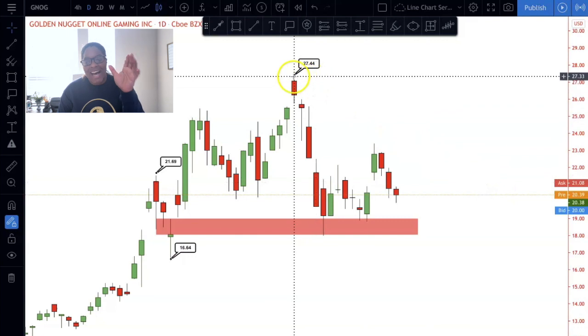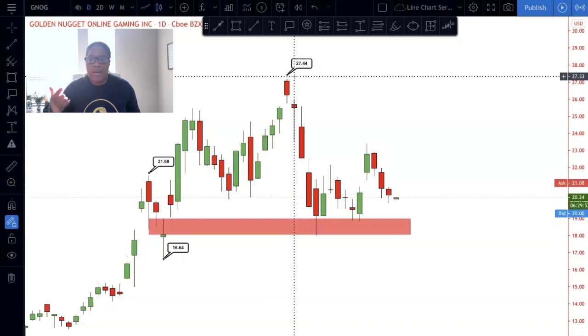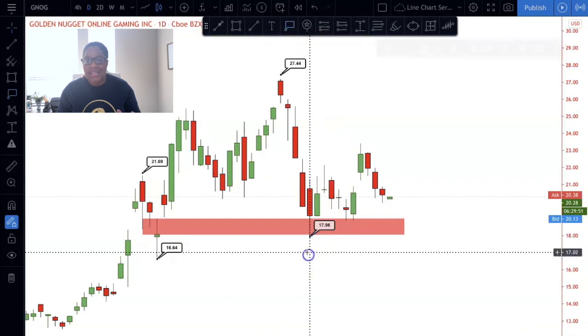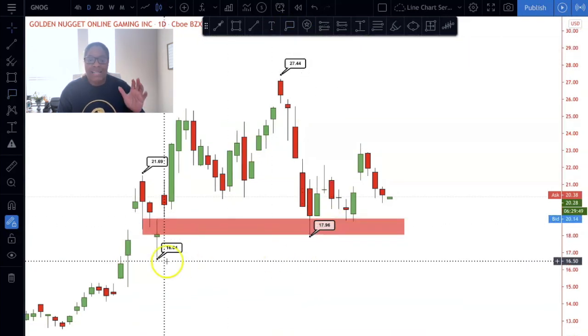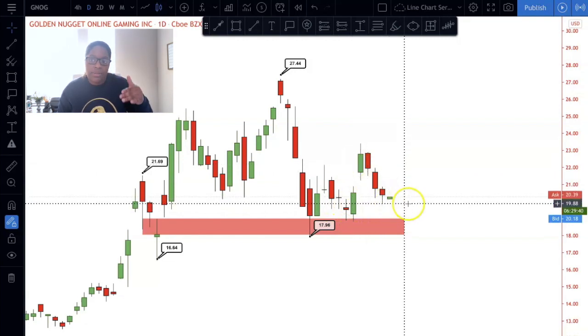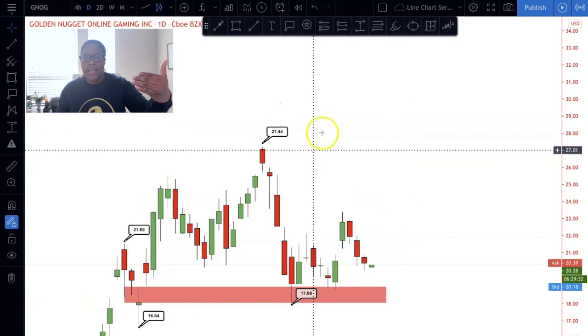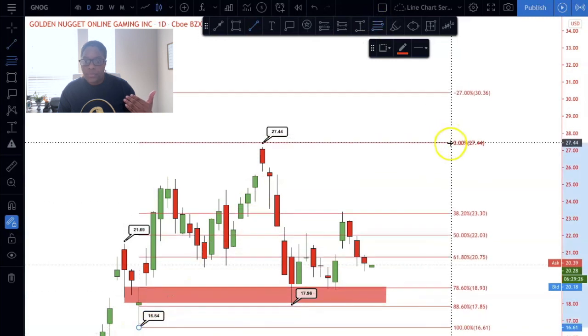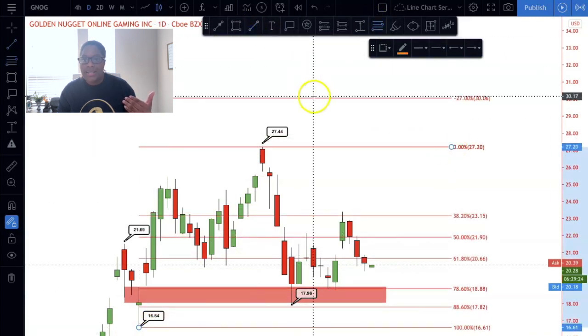So I'm looking at this. The highest price was 27.44, and that was back in December, right before the new year began, and we're actually pushing down. Now, the goal right now is to stay above, I would say, the $17.96 range, not to exceed $16.64. If it does, and we can see that price has bounced off of this area, I'll be looking for some kind of bullish momentum today. Depending on the bullish momentum, this could be a really nice stock play, right? To go back up to the upside, 27.44, and I would even venture to say even higher, and I'm going to use my handy tool here, even higher up into the $30 price range.